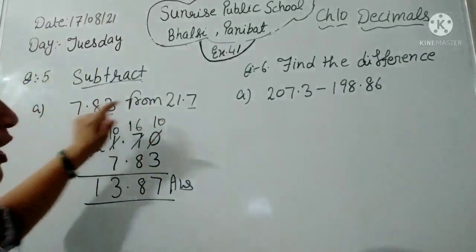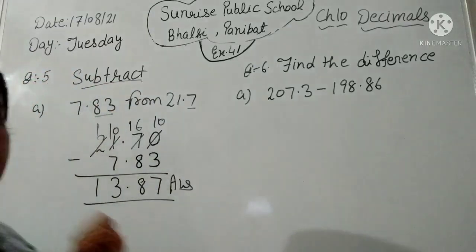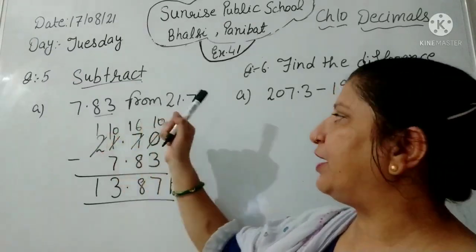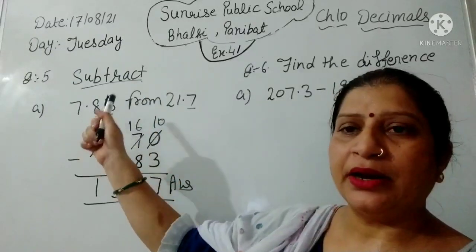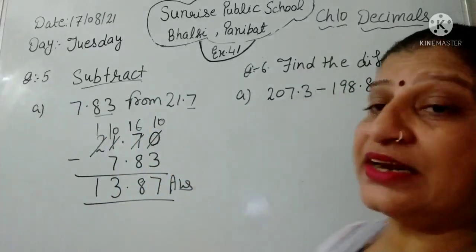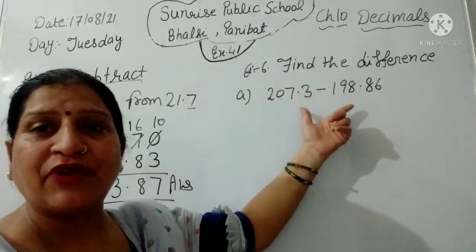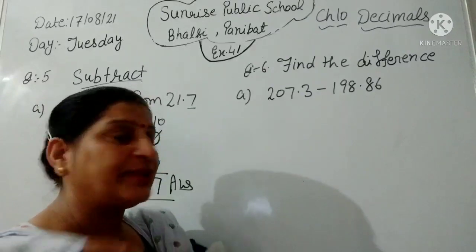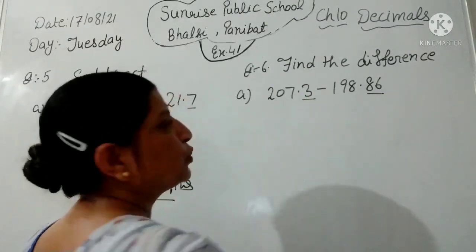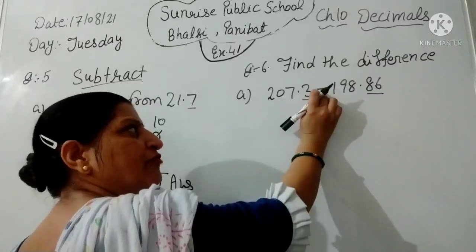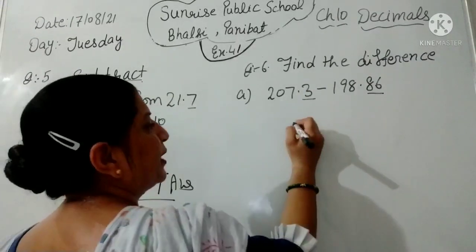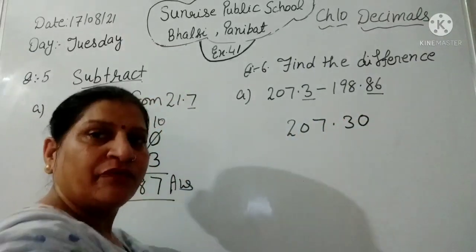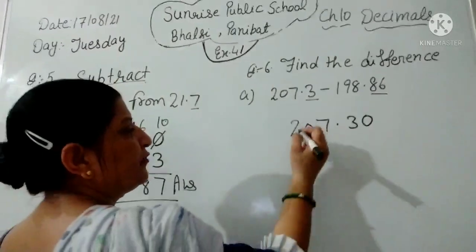अब देखिए इस क्वेश्चन में यहाँ पर सब्ट्रैक्ट है, जिसमें आपको गिवन है you have to subtract this number from this number. ये कंडीशन गिवन है कि इस नंबर में से आपको ये वाला नंबर सब्ट्रैक्ट करना है. But here the condition is that you have to only simplify and find out the difference. तो firstly we have to convert them into like decimals. Here is a single digit, here is a 2 digit. In this question, because we have the subtraction symbol, we write this number as it is 207.3.